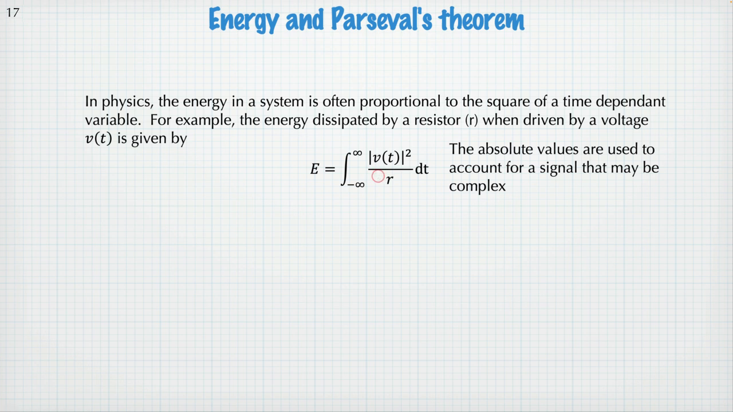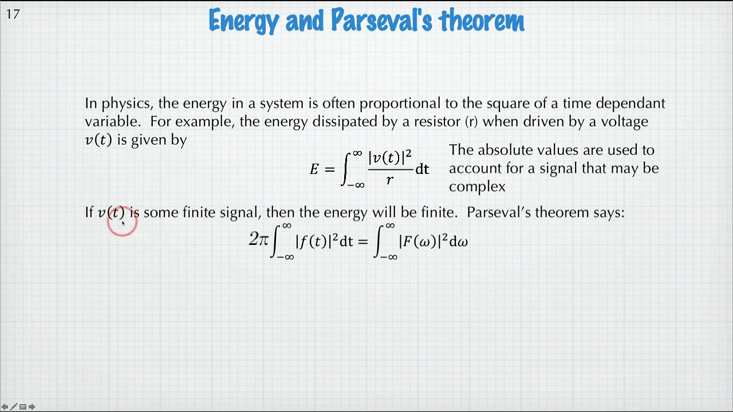So for example, the power dissipated by an oscillator is proportional to the square of the amplitude. The energy in motion is proportional to the square of velocity. So integrating these squares to find the energy is a really common thing to have to do. So in this example here with the resistance and the voltage, if the voltage is some finite signal, the energy